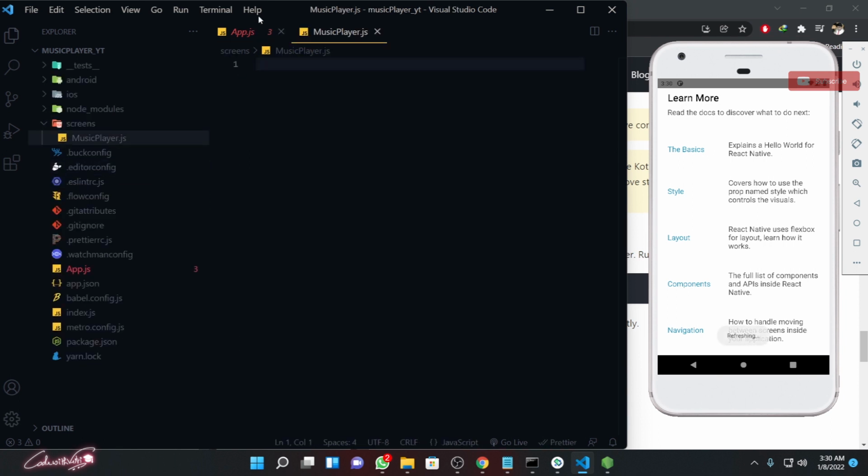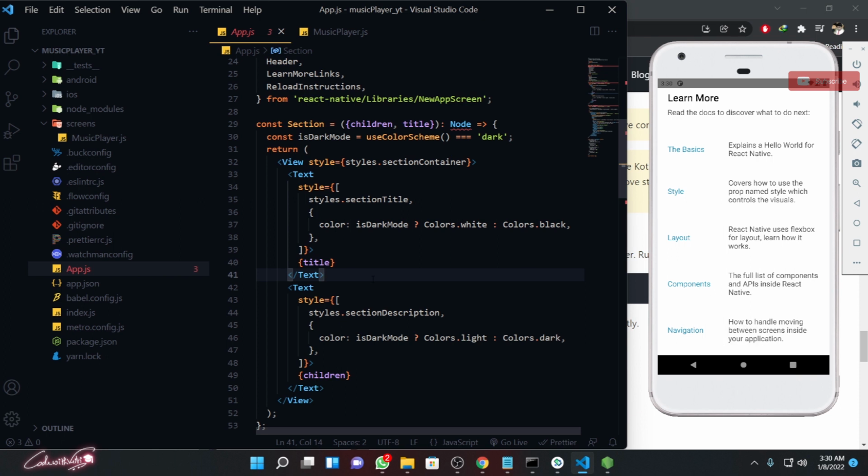player.js, because later in this project, if you wish to update a playlist or a home screen or anything else, you need to maintain it in a separate folder. That's why we are creating the screens folder, where we are going to maintain all these screens separately. So it's done. Then what I'm going to do is